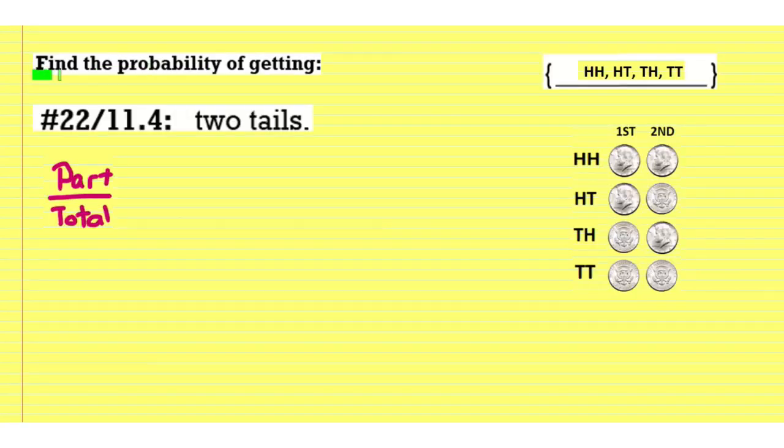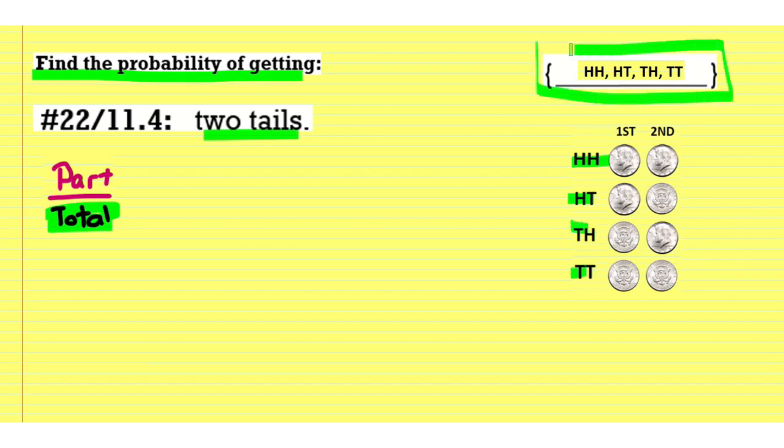Our first problem says to find the probability of getting two tails. Again, we need to know what that total number of options is, the equally likely outcomes. In the previous screen, we had four options. We expressed it as the set of equally likely outcomes. So four is the total. That will be the number in your denominator. Four is the number of total possible options. But now we want to know which options are two